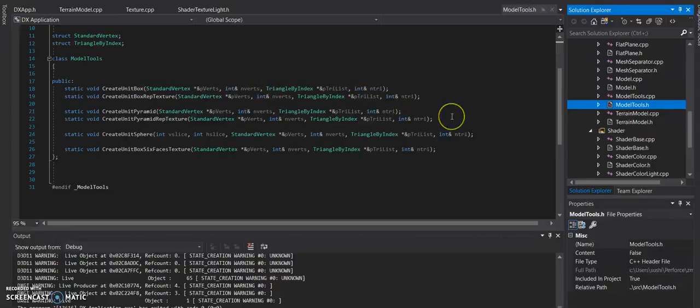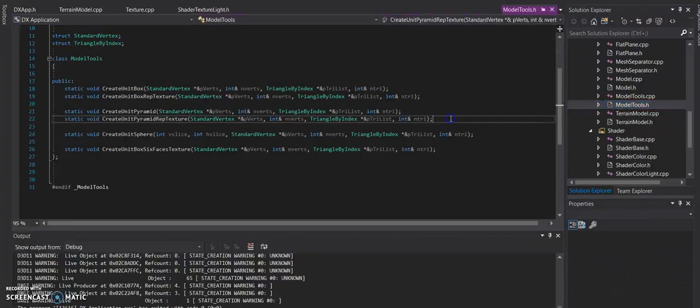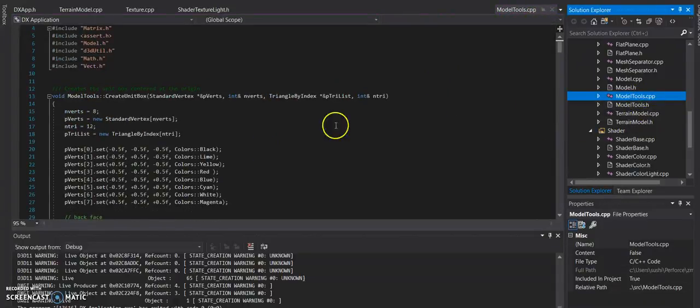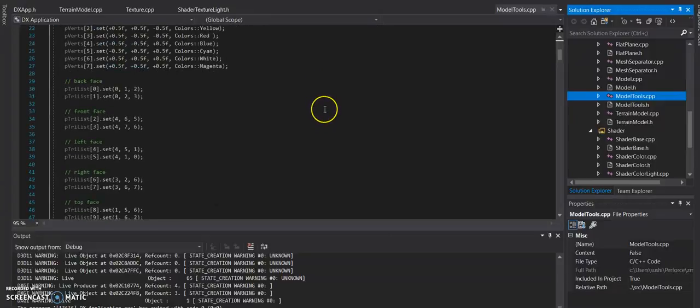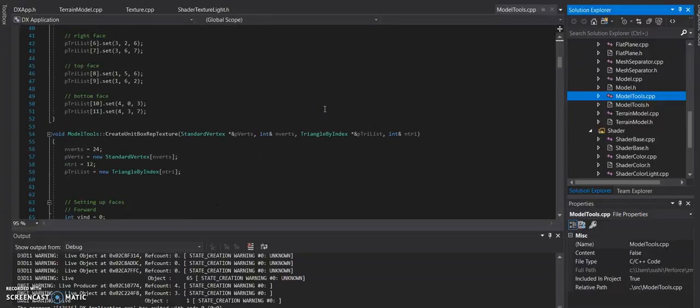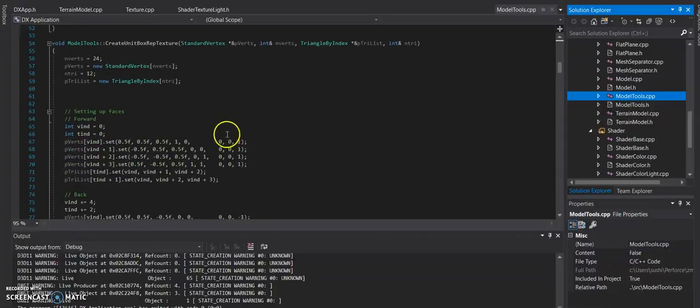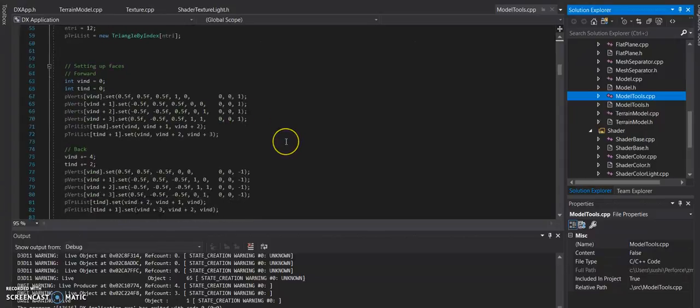Only one that was truly added, I believe, was pyramid repeated structure. The rest were just commented out. Within model tools, we have the create unit box, which is given to us by you, and then there's the create repeating unit box texture, which I added the UVs to. Well, technically I added the UVs back in the day during the homework, but now there are the normals, so it interacts with light properly,